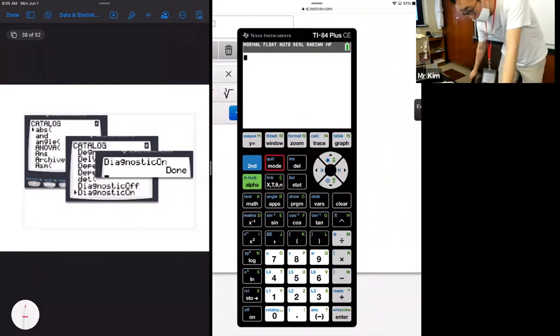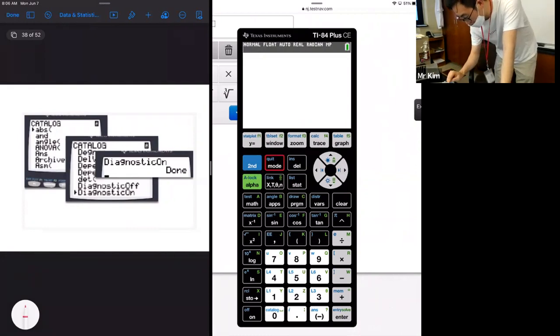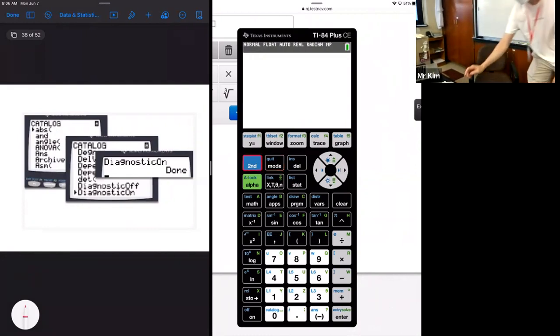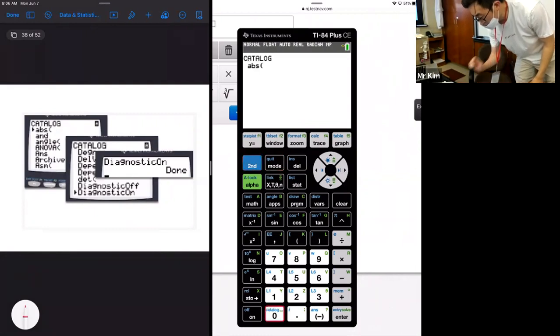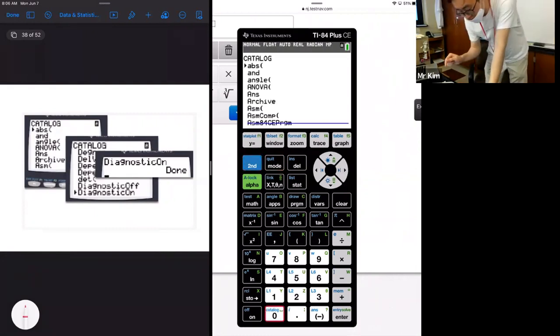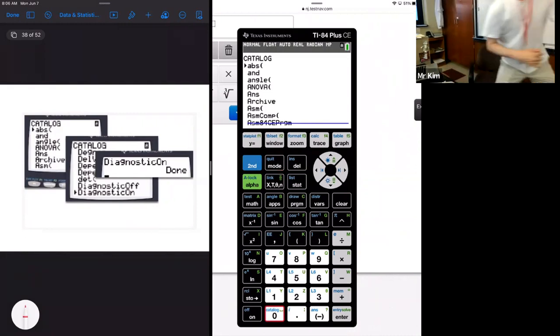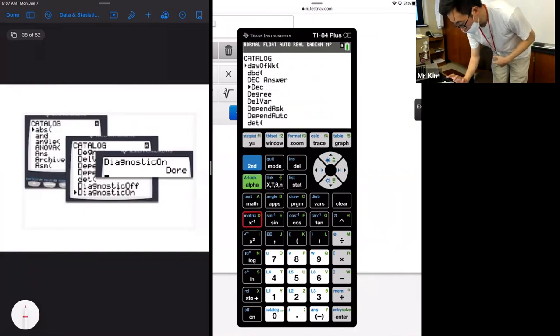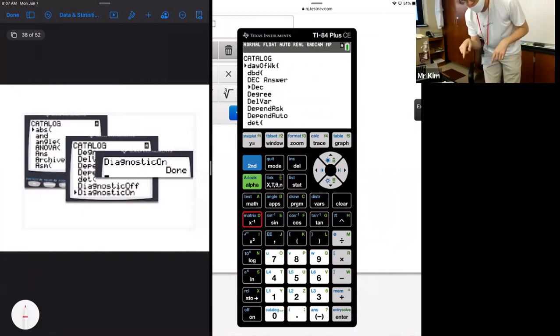Okay, and then now what we're going to do is, we've never done this before, press second and then press 0, which allows us to go to the catalog section. Okay, so press second 0. And it shows you all of these different things. If you guys press x to the -1, which allows you to take a look at the letter D, I believe, if you press on that. Okay, so we want to go straight to the letter D here. We don't want to keep on scrolling down all those A's, B's, and C's.